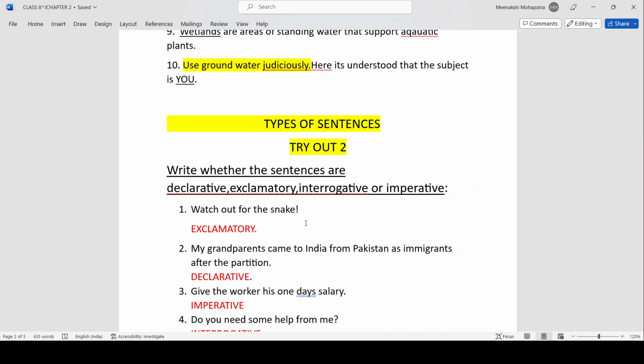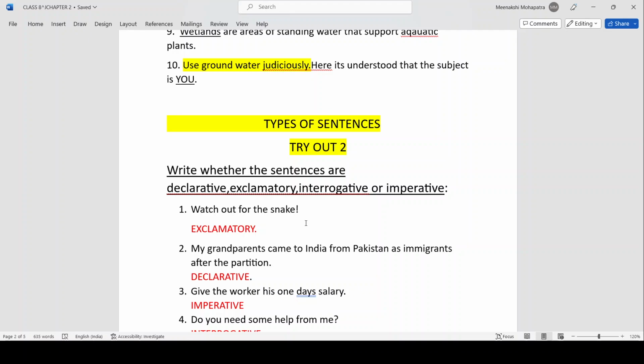Number 2, my grandparents came to India from Pakistan as immigrants after the partition. Now, this is a declarative sentence. Why? Because I'm stating that my parents came to India from Pakistan. Now, number 3, give the worker his 1 day's salary. Now, this is imperative because I'm ordering you or requesting you or telling you that you have to give the